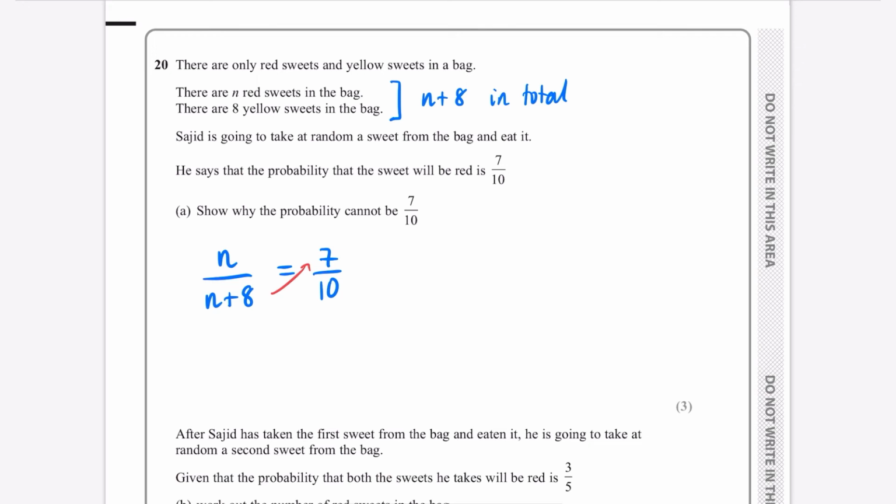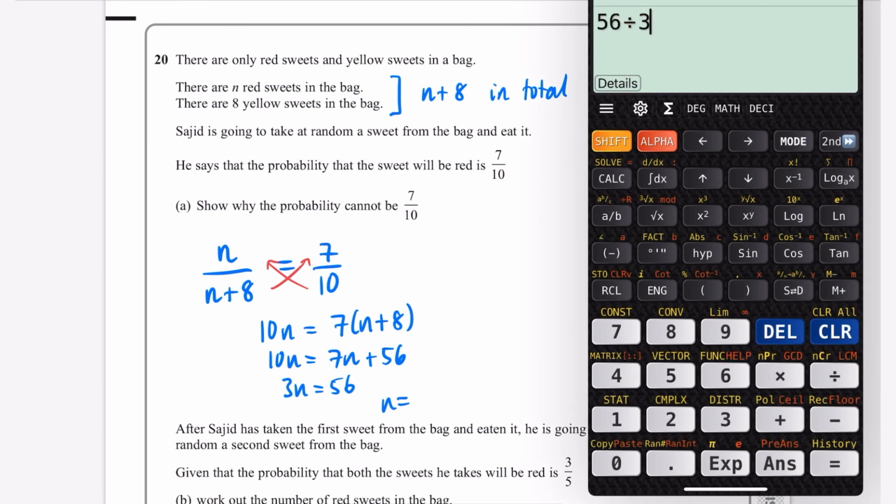You're going to send the n plus 8 up over here and the 10 up over here. So we get 10n equals 7 multiplied by n plus 8. 10n is 7n plus 8 times 7, which is 56. I'll subtract the 7n, so 3n is 56, and so n is 56 over 3, and 56 over 3 is not a whole number, it is